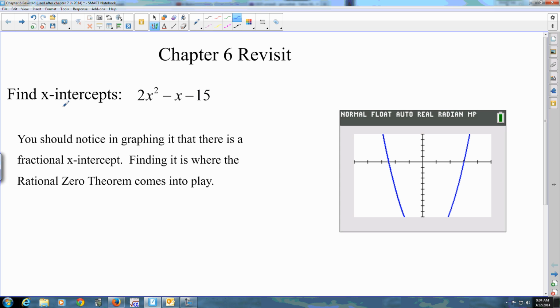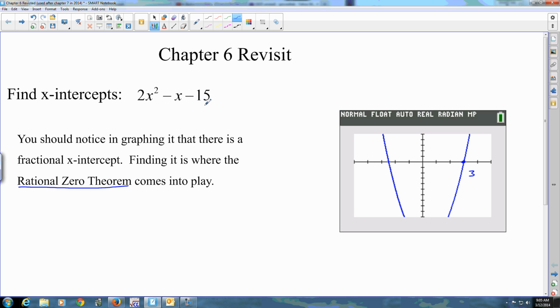The first thing that I want to do is ask you guys, if you have this equation, and I'm asking you to find the x-intercepts, the first thing you can do is graph it, and you look at it. So here's an x-intercept that's sitting at 3, and then here's one that's sitting as a fraction. One way to go about this, to find that fraction, is to do what was called the rational zero theorem. And we'll talk more about this as we proceed through the slides, but jumping to it, the rational zero theorem